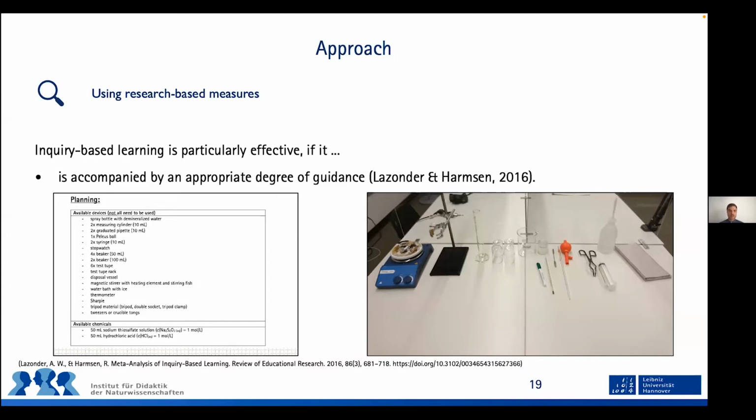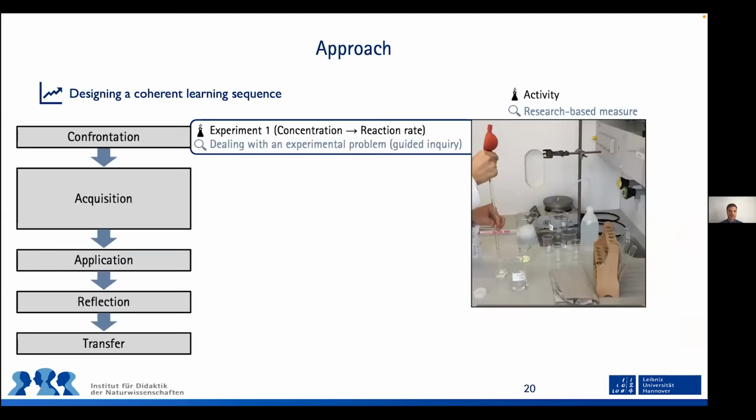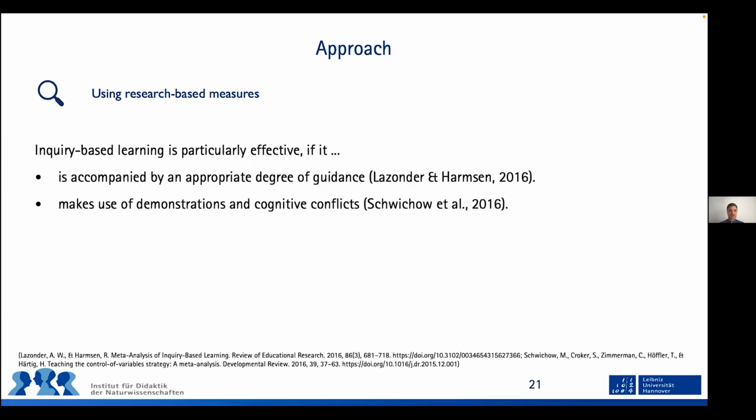This way, we adapted the first experiment in order to design a learning opportunity for the step of the confrontation. And in this experiment, the students investigated the influence of the concentration on the reaction rate. For acquisition, science education research also has some suggestions. For example, Schwichow and his colleagues